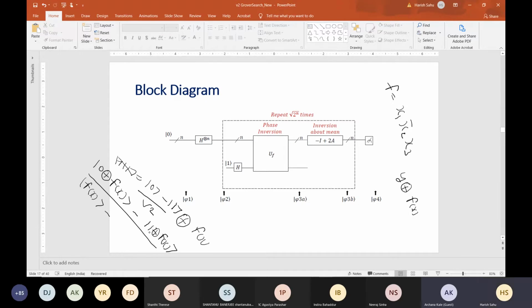What I'm saying is, can I write it like this? Minus 1 to the power f(x) times 1. Just a second, let me rewrite it.